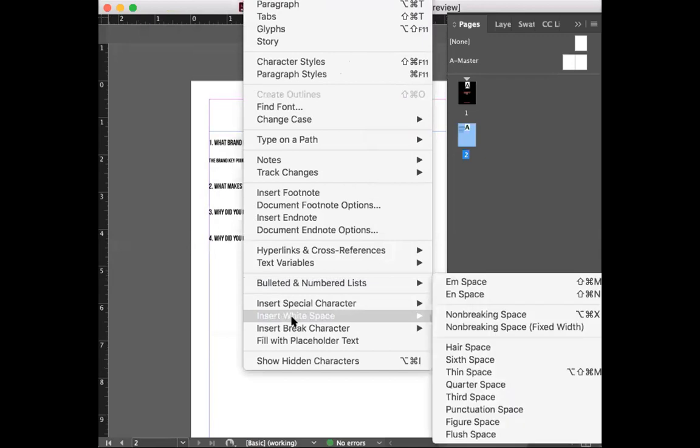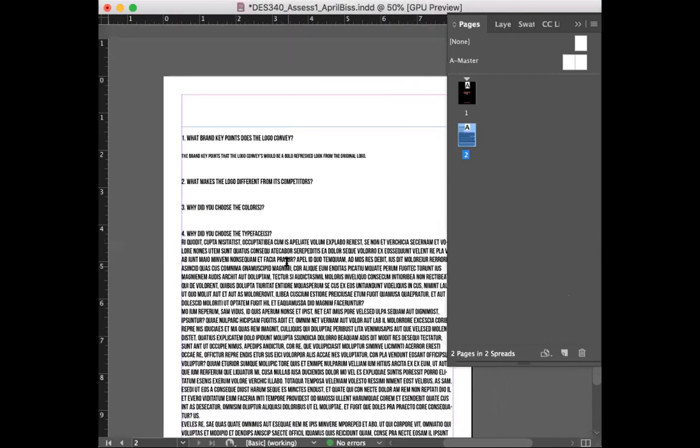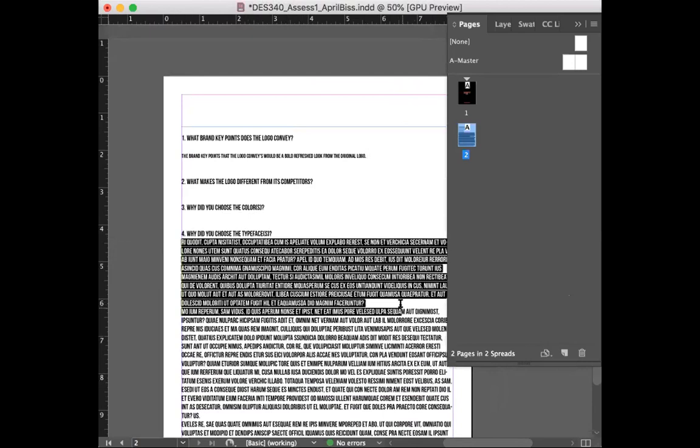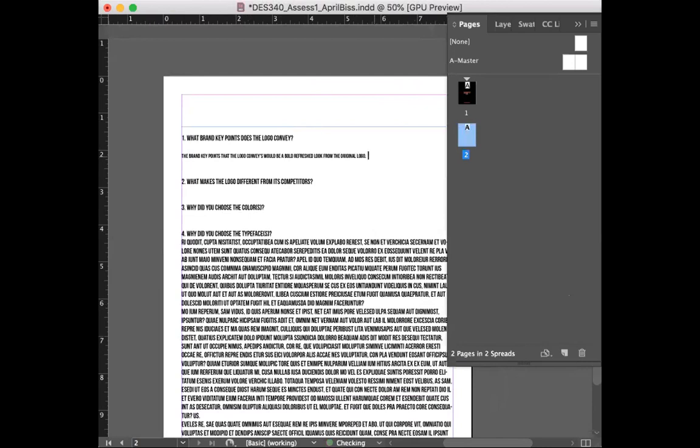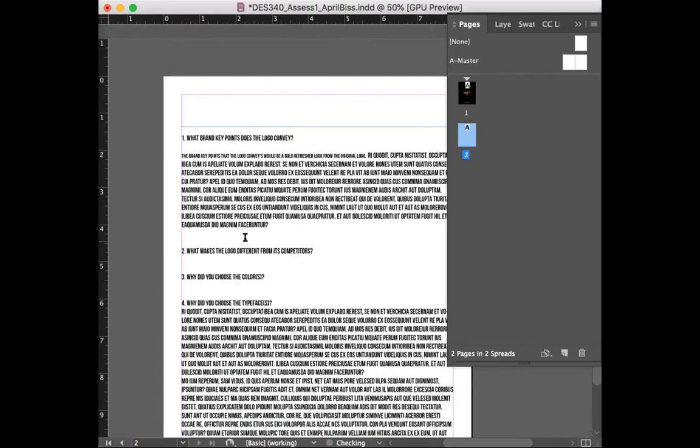Let me see here. I'm going to insert filler text here. So let's just pretend this is all the information that you're typing out. And this is Greek type.